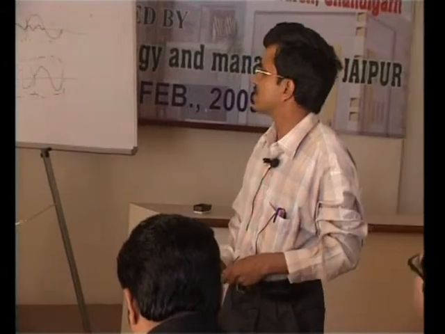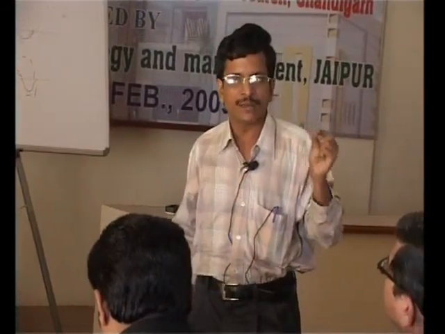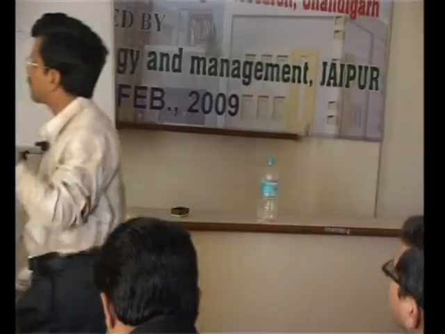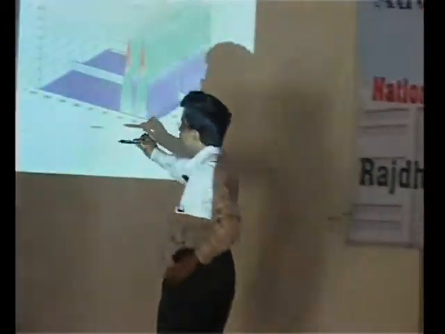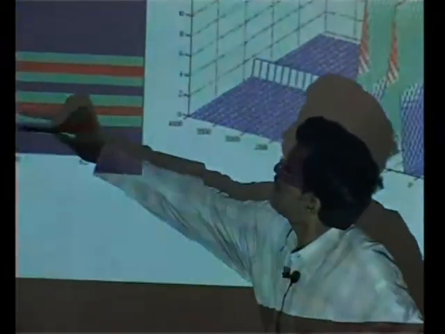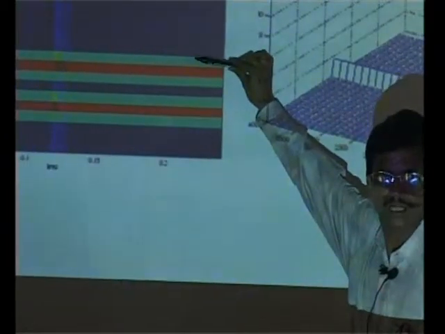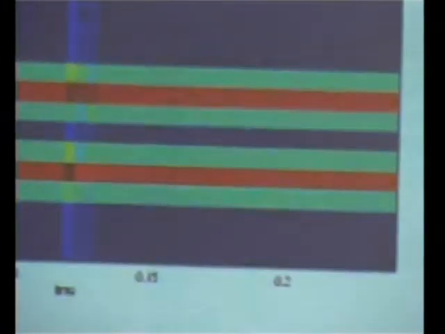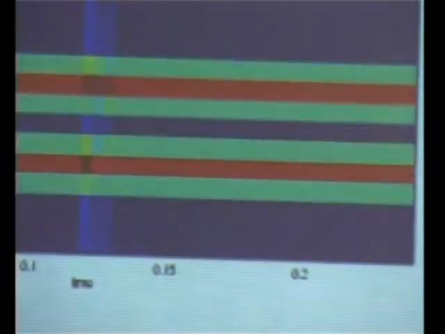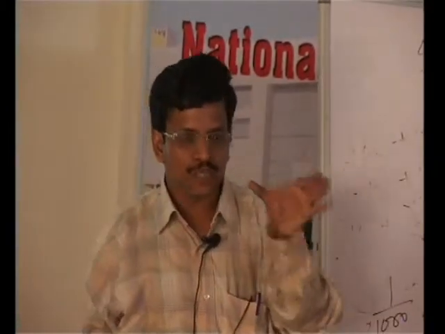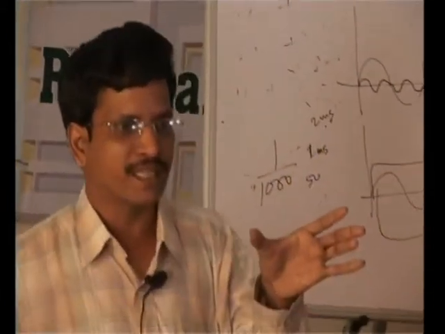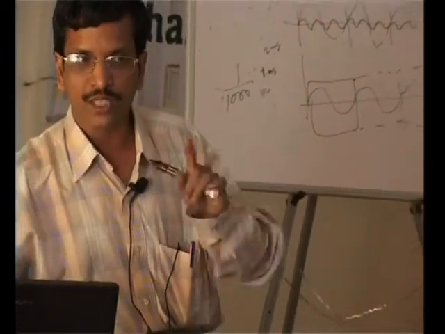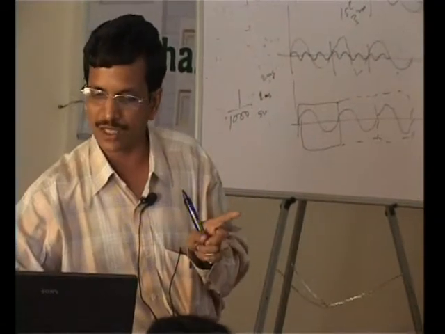Now the question is, are you getting better frequency information or not? See the frequency band. This one corresponds to 500, this one corresponds to 1000. What is this? Where are your disturbances? 125 and 130 milliseconds. But is it clearly distinguished? Only one. It is not clearly distinguished by choosing a window width of 8 milliseconds. Now what I am doing? Just compare these two and I will ask you a question.